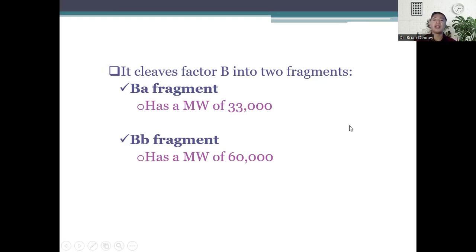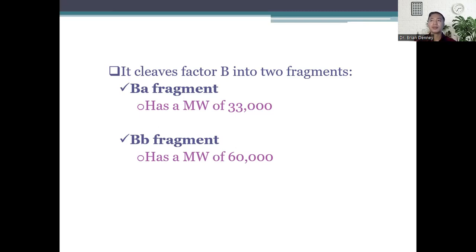Therefore, upon cleavage of factor B, we now form another complex we term as C3bBb, also known as your C3 convertase of your alternative pathway. What's the C3 convertase in the classical pathway? C4b2a. What's the C3 convertase of your